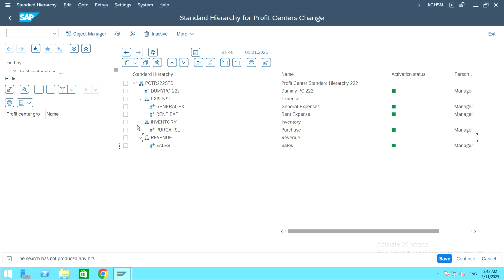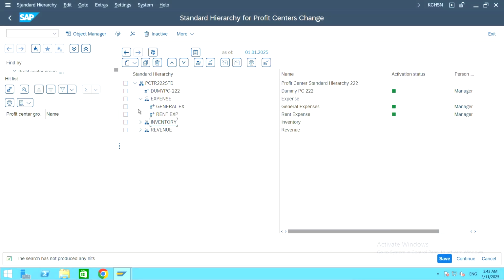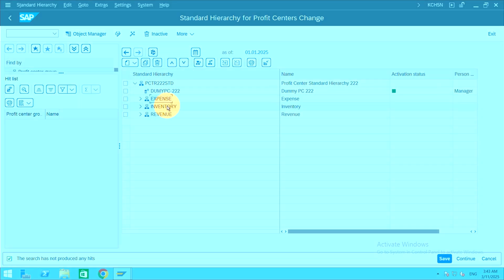How can you know that this is the profit center group and this is the profit center? Beside profit center, there will be an arrow mark. It will be a down arrow mark if it is expanded. If it is not expanded, it will be a right arrow mark. If it is not expanded, you see expense profit center group, inventory profit center group, revenue profit center group. So now select revenue profit center group,